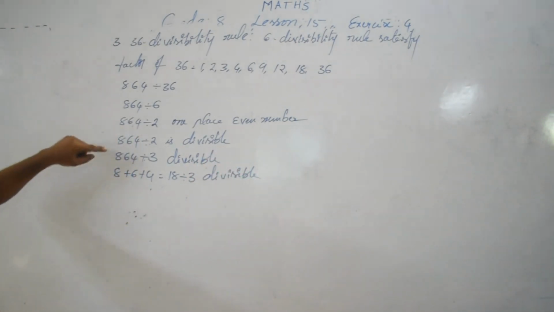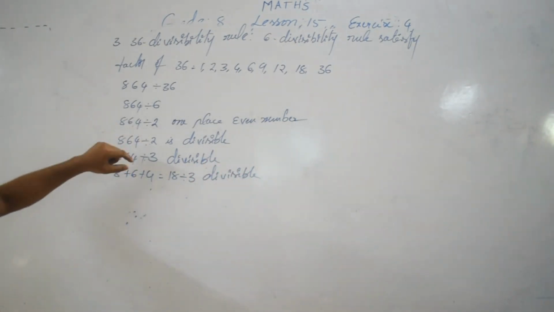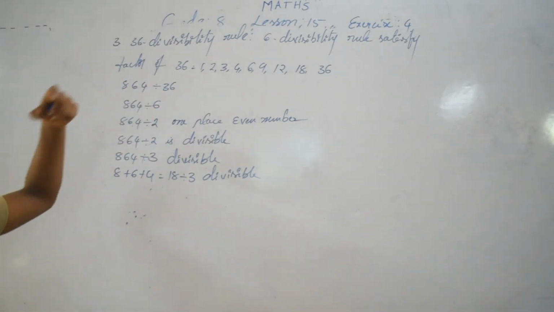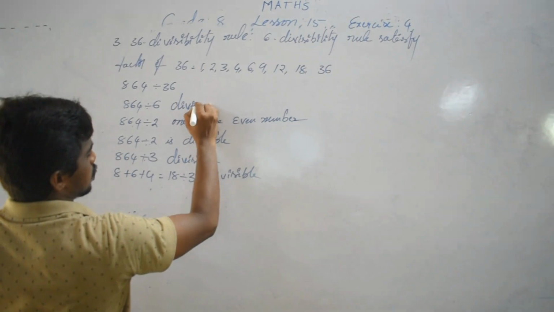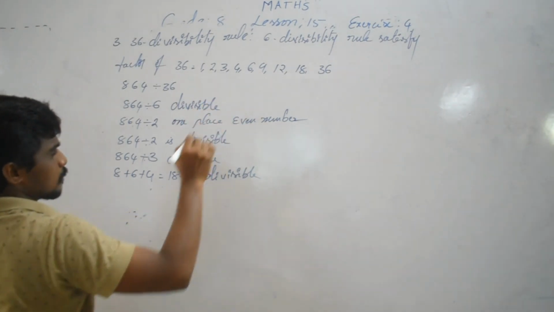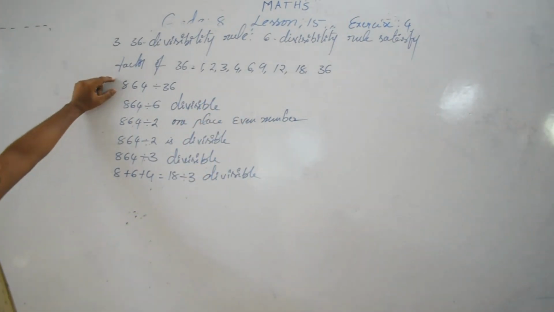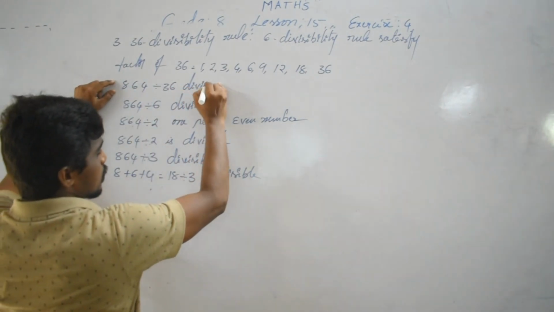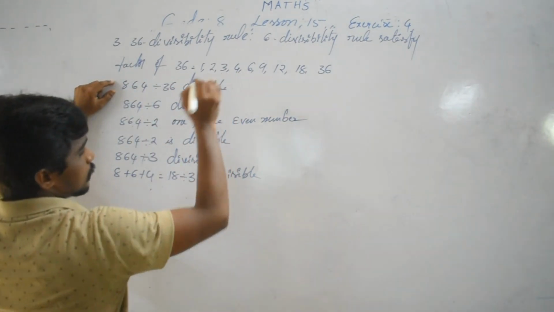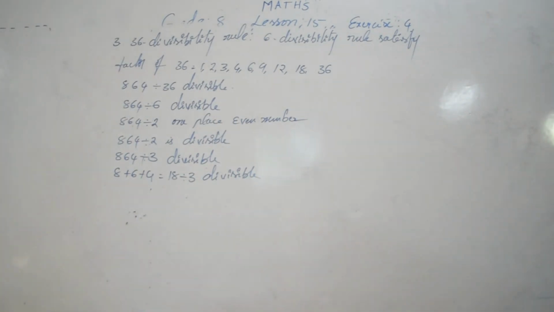Now this number is divisible by 2 and 3, so automatically 6 is also divisible. So 6 is divisible. After that, 36 is also divisible. Next one,